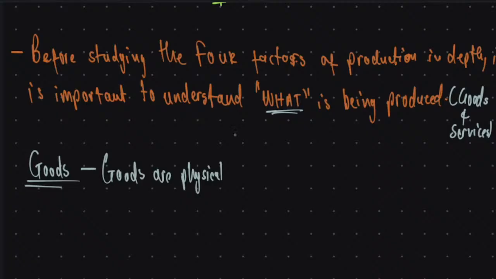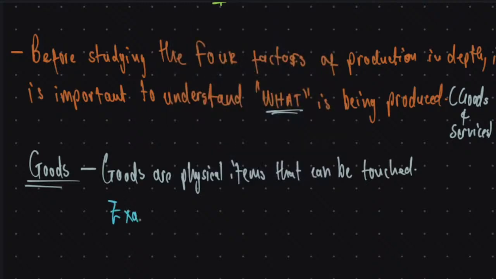And what are goods? Goods are physical items that can be touched, that are being produced. And if you put examples,